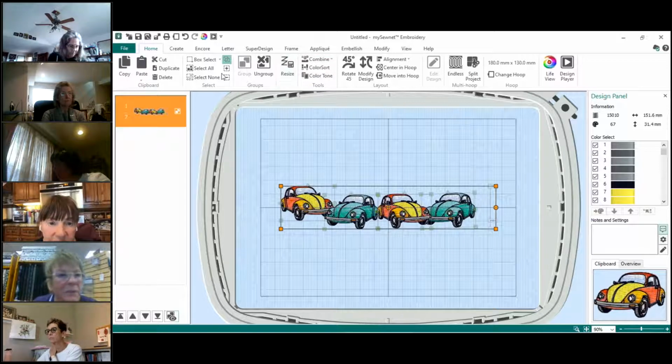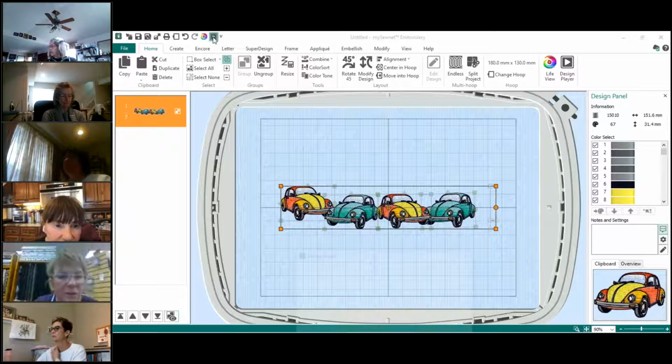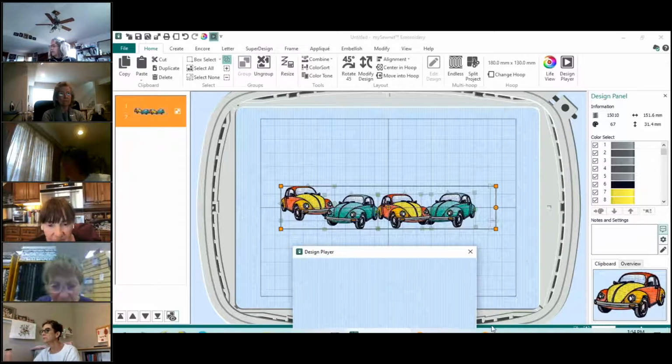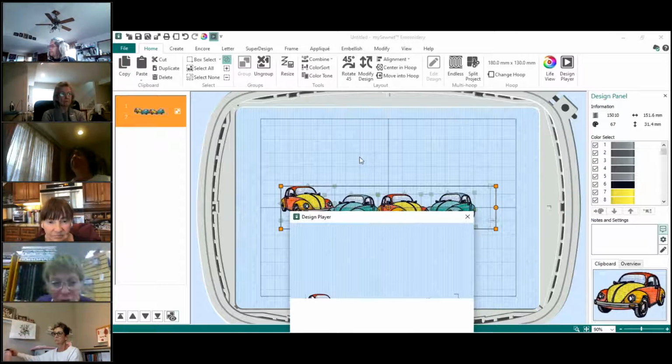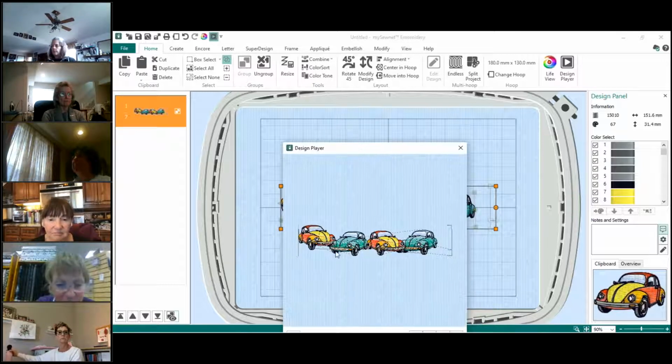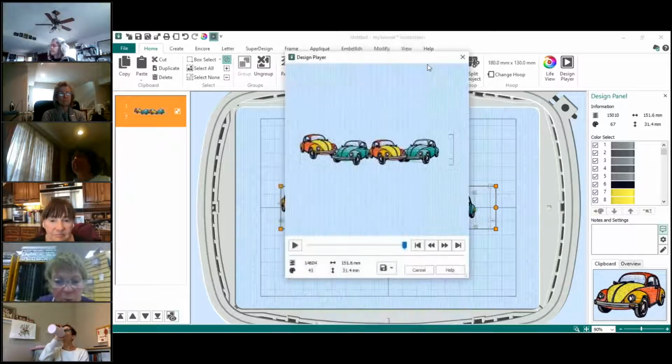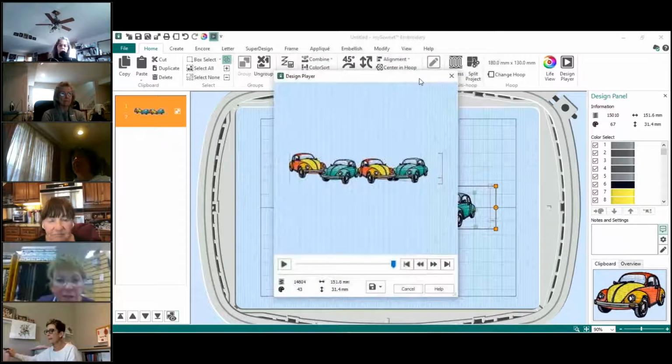Okay. So let's go up to Design Player because this is what I want you to take a look at. And this definitely shows the difference. It lets me show you the difference between export and not export. So looking at the design right here, you can see that if you just went save and stitch this out,